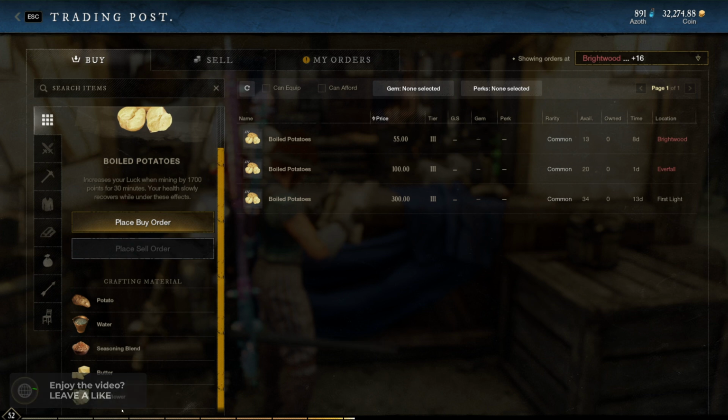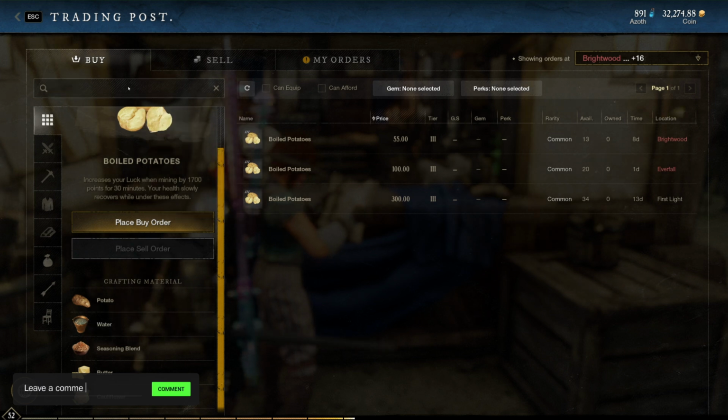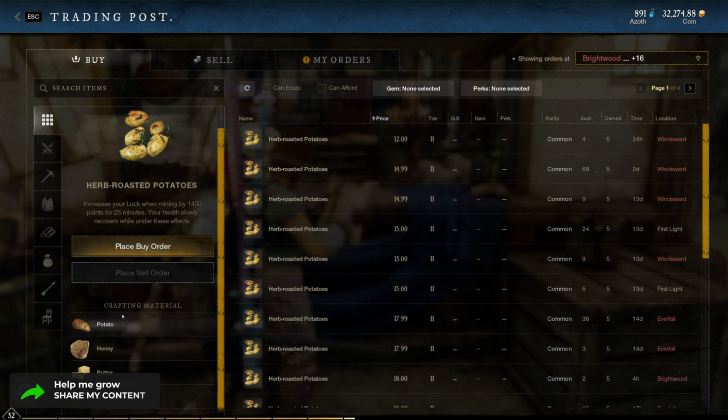And believe it or not, you can get all of this stuff here in First Light. That's where I'm currently at. And the same thing with the herb roasted potatoes. You can get them down here in First Light as well. So if you guys want to grab all of this honey, you can get,